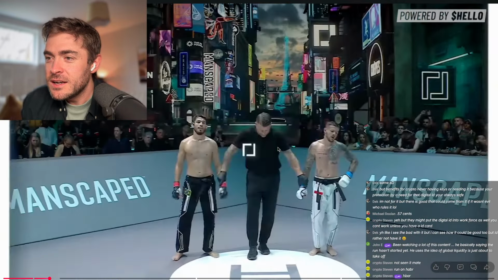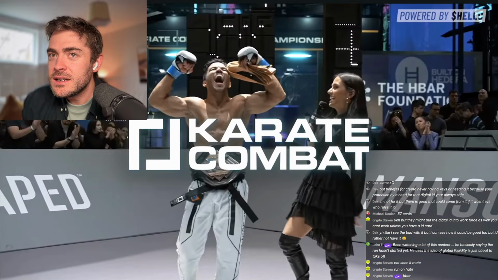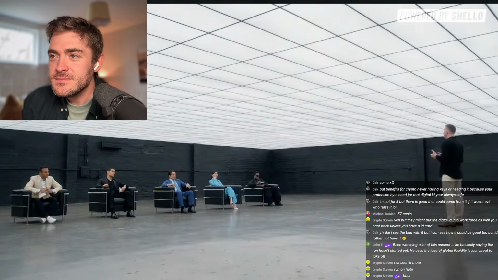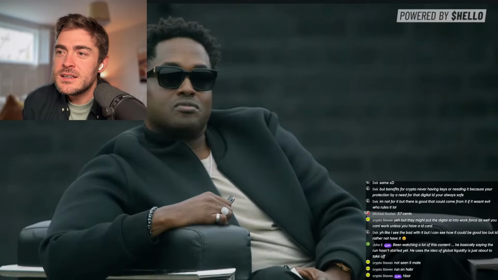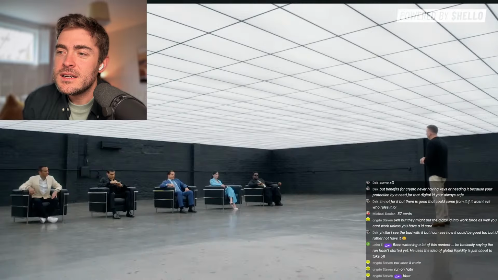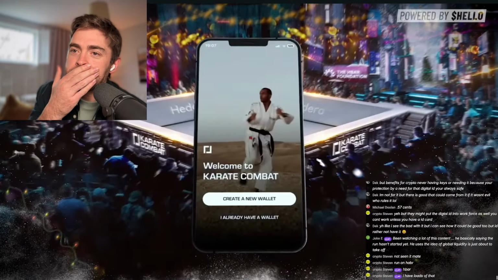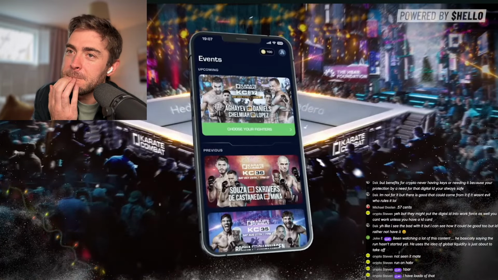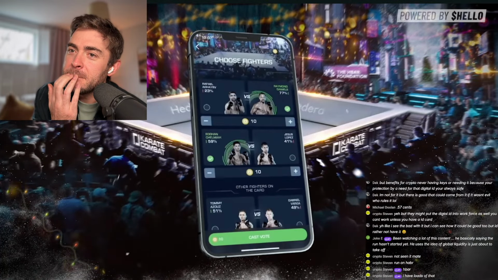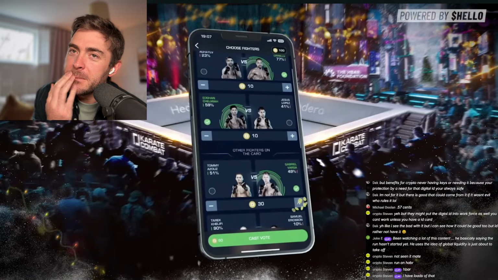Different, primarily on mobile, via social media. It's easily accessible. You can watch Karate Combat on karate.com, your favorite streaming platforms, and you can also watch on TV, all for free. Before every bout, fans can go on the Karate Combat app, and the token holders can allocate their tokens to the fighters they think are going to win. If their fighter is victorious, they earn additional tokens. If the fighter loses, they don't lose anything.